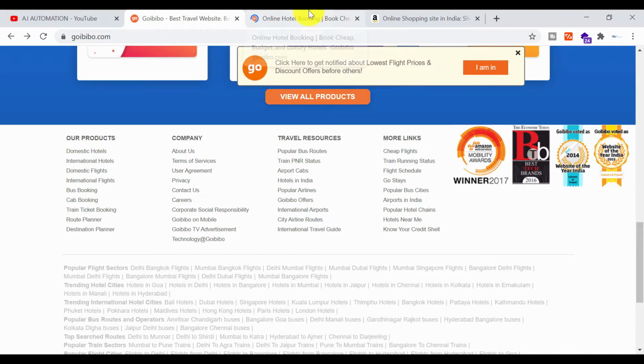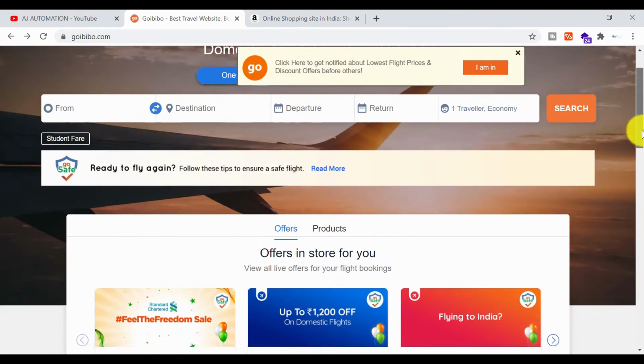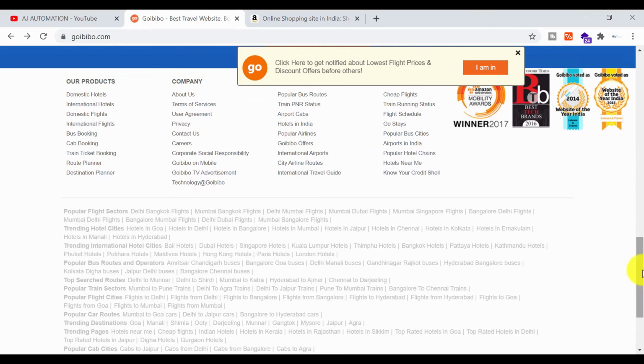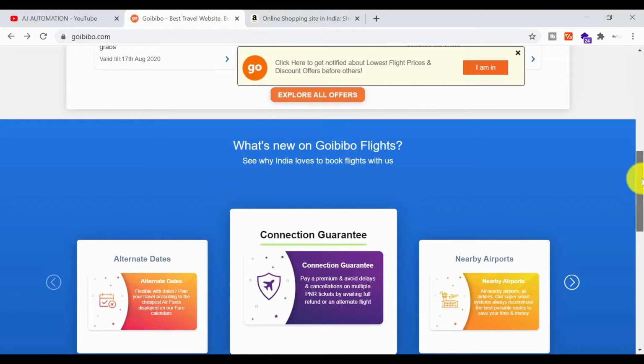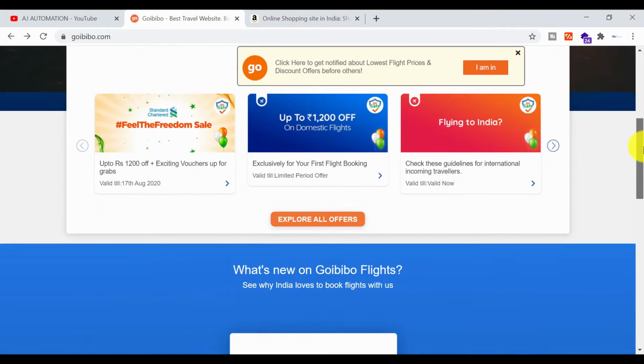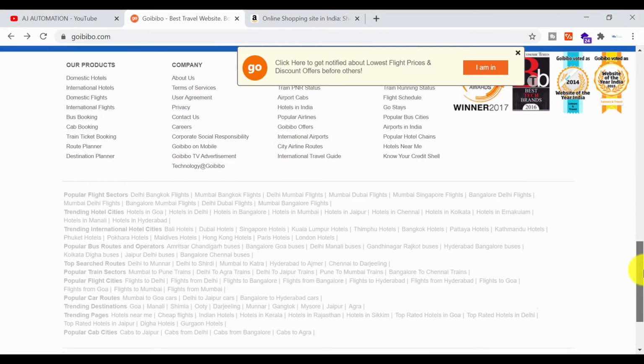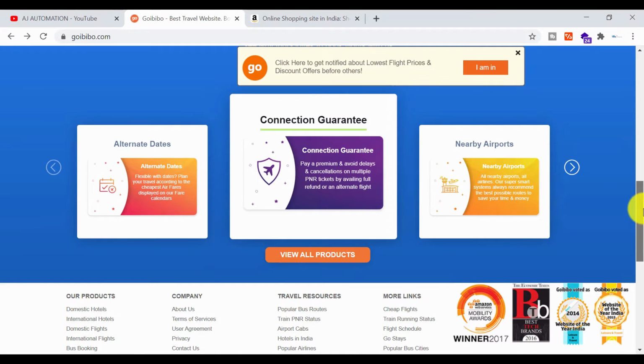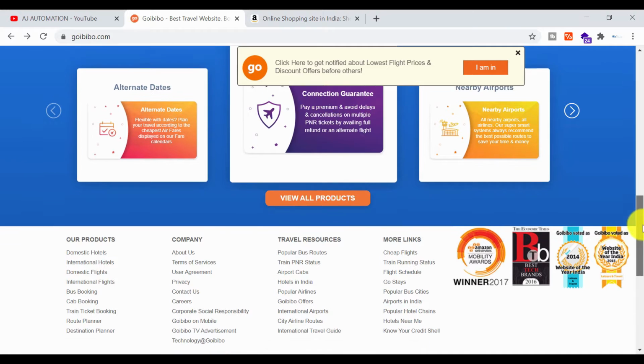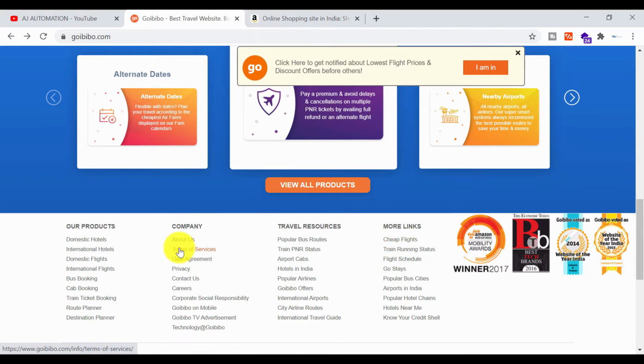The execution will be much faster, and we are not required to handle the stale element reference exception, or scroll down to click on each link. So this part we do not have to handle in this method. This is a very useful and very fast method. So let's get started with this.